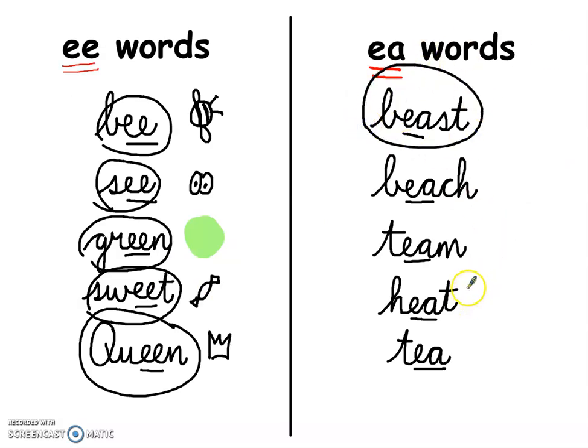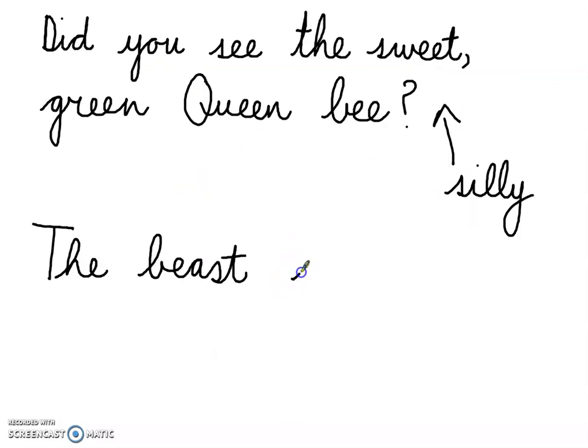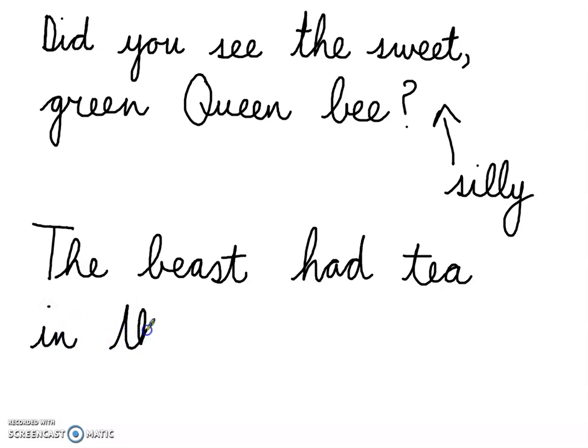What could I say? The beast had tea in the heat at the beach. So the beast had tea in the heat, so it was really hot,